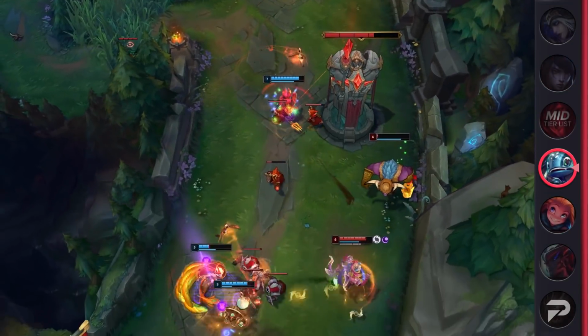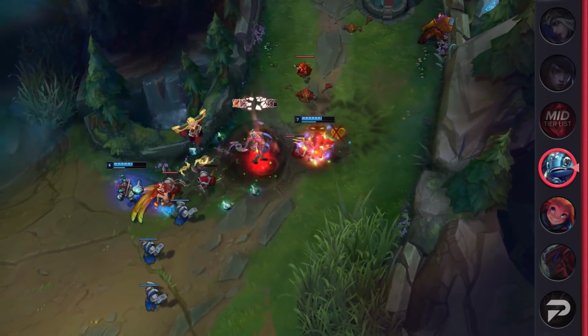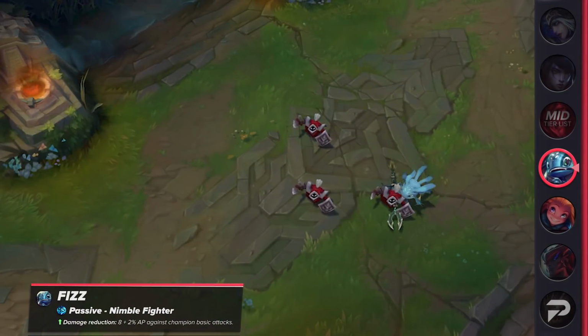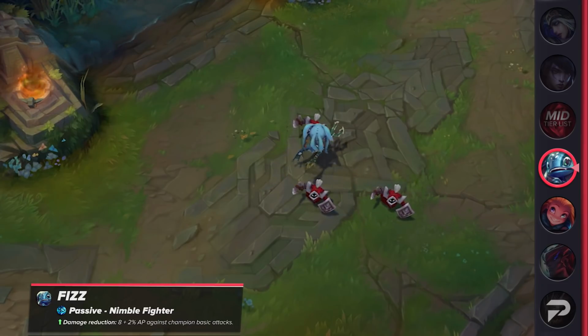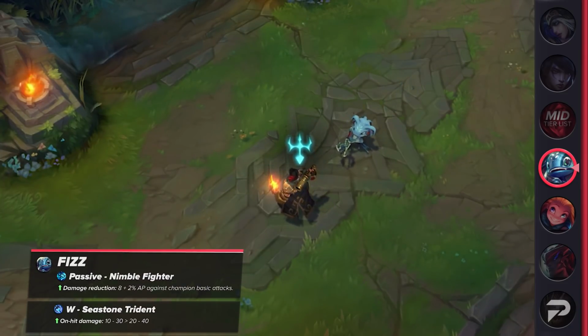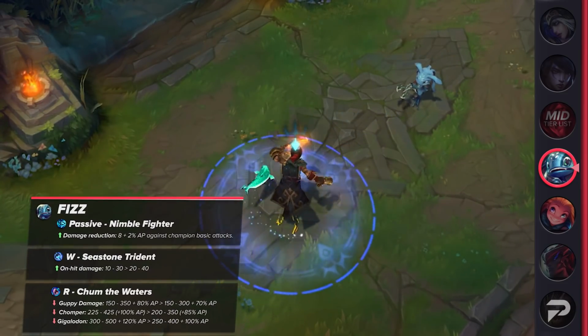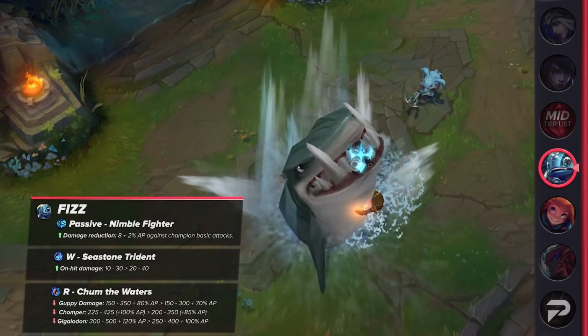The last mid lane change was for Fizz. He lost some burst damage, but gained utility elsewhere to compensate. His passive now increases his damage reduction from 8 plus 2% of his AP against champions. Next, his W on-hit damage went up from 10 to 30 to 20 to 40. In spite of these buffs, Fizz's ultimate has been nerfed at all stages. Its weakest form, the Guppy, has its damage cut from